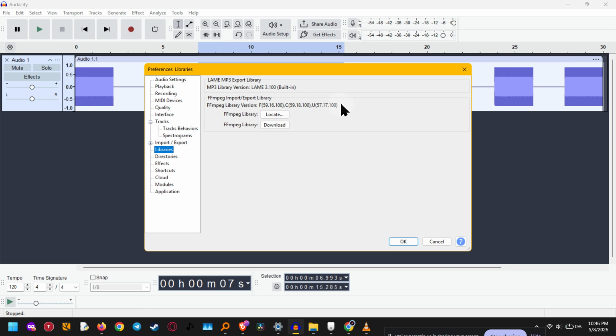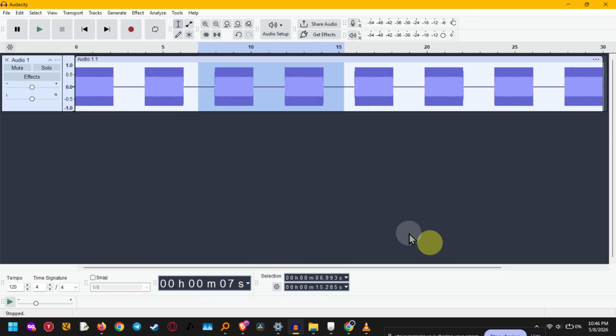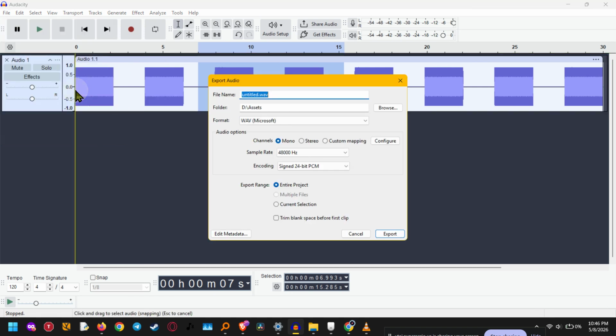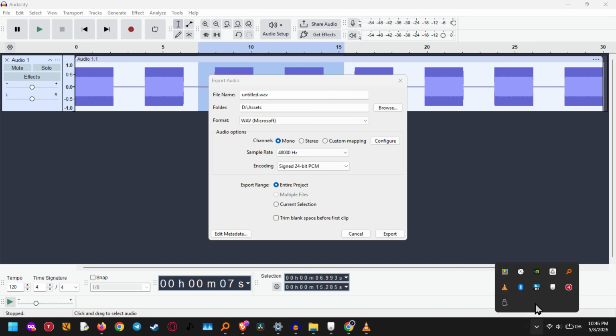Next, let's look at where you're saving the file. If you are exporting directly to OneDrive, Dropbox, or an external drive, the sync process can sometimes lock the file while Audacity is trying to write it. That can trigger the encoding failed message even when your audio is perfectly fine. The easiest test is to export the file directly to your desktop or downloads folder first. If the export works there, then the problem is most likely your cloud sync service or the drive connection, not